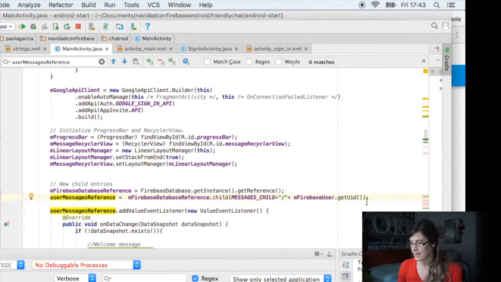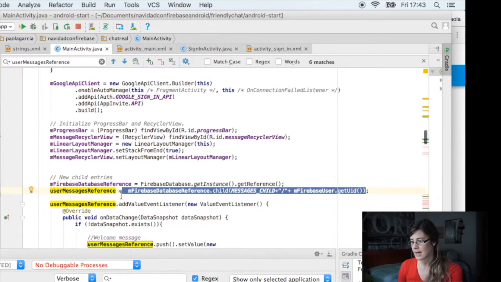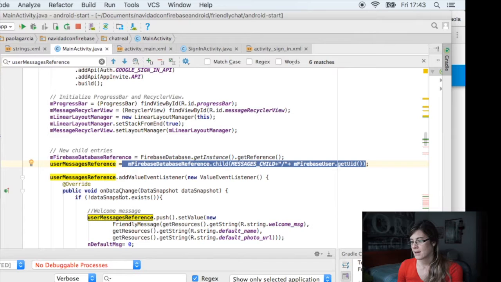So we are going to filter that way, or to get that way the child, and then